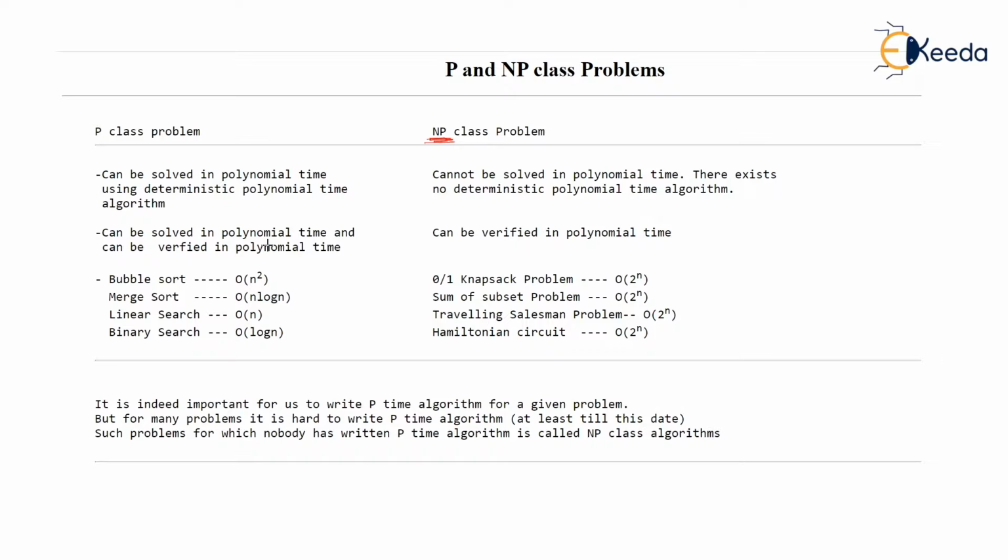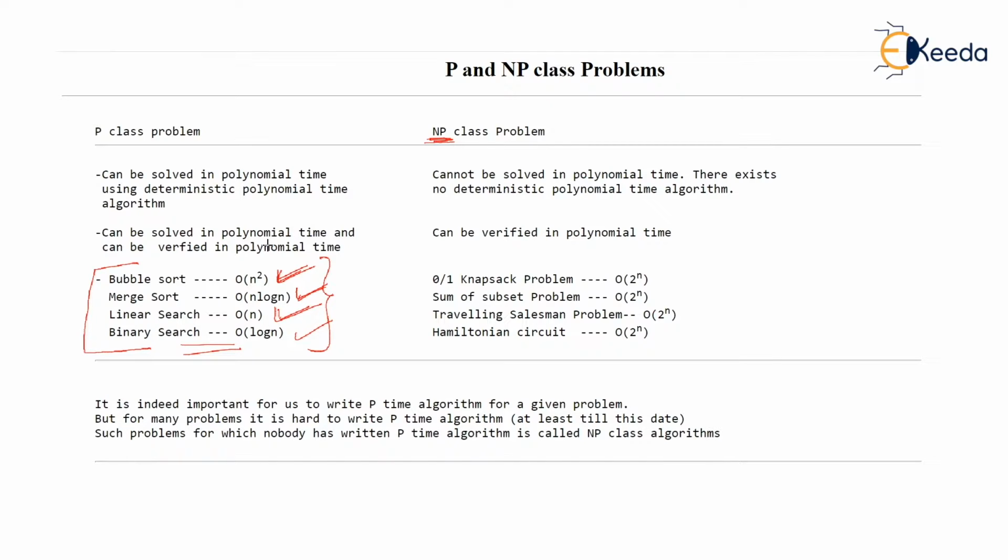You know a number of algorithms by now and their time complexity as given here. Now you can watch that bubble sort works in O(n square), or merge sort works in n log n, or linear search works in order of n, big O of n, and binary search works in log n. Now, all these time complexities that I have written for these common algorithms are polynomial time because in each of the time complexities, the function is given as function of n and n is raised to some number.